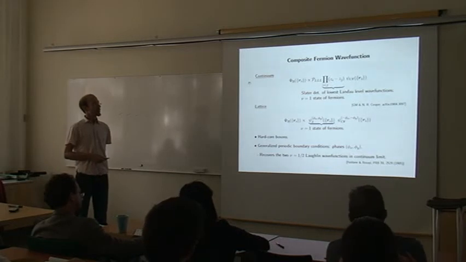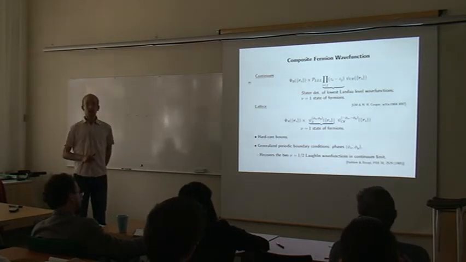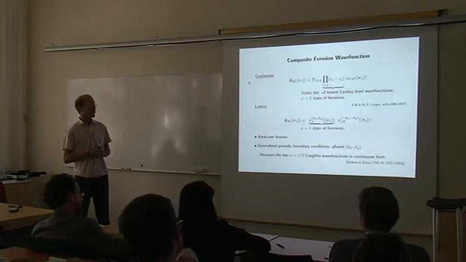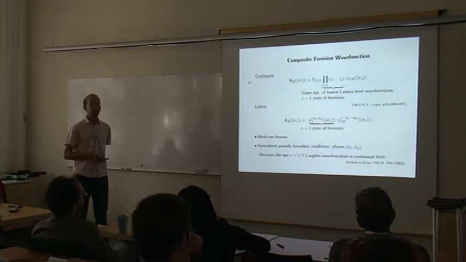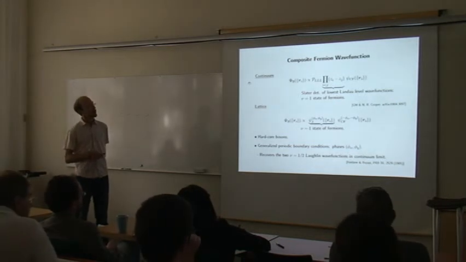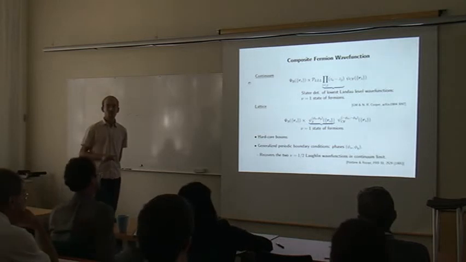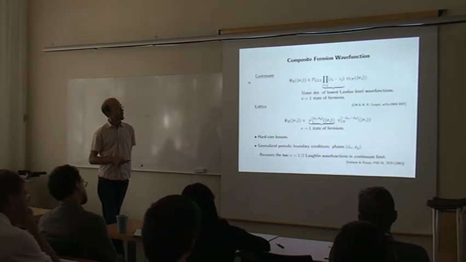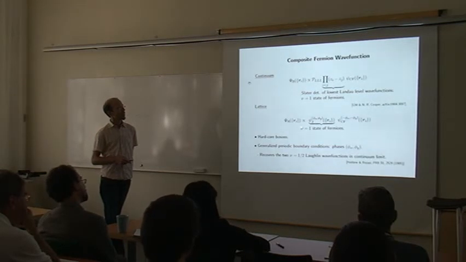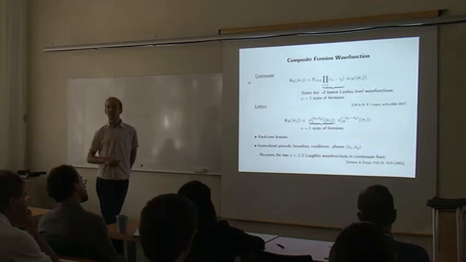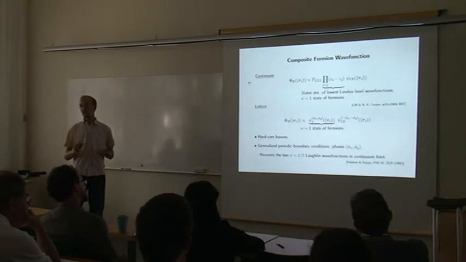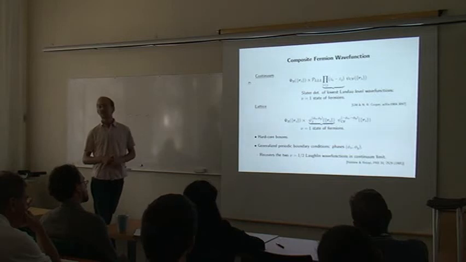What's nice about this is that on your lattice you can define twisted boundary conditions for translations around the two orbits of the torus, and so get a whole class of wave functions here. Or if you globally fix these twisted boundary conditions to give you zero phase, you can still have some phases phi x, phi y in this Jastrow factor, and you just put the opposite phase factor into the composite fermion part. This will allow us to get multiplets of wave functions wherever we expect topological degeneracies to occur on the torus.